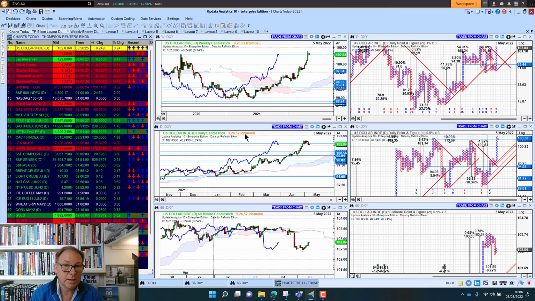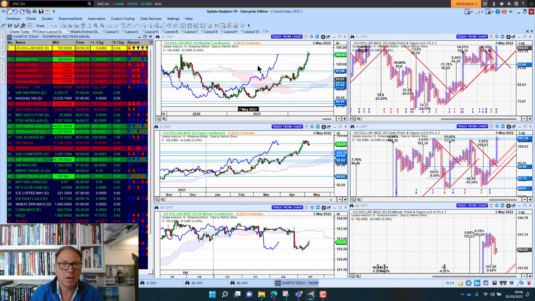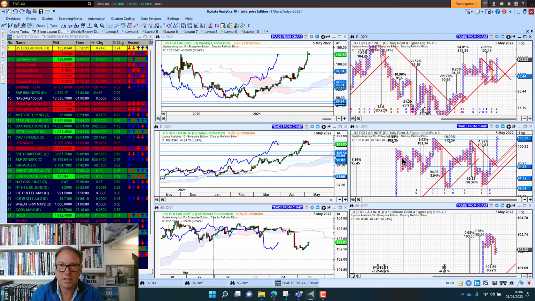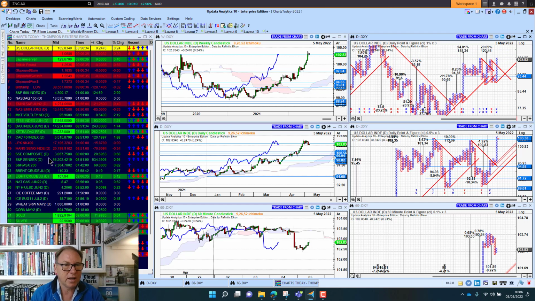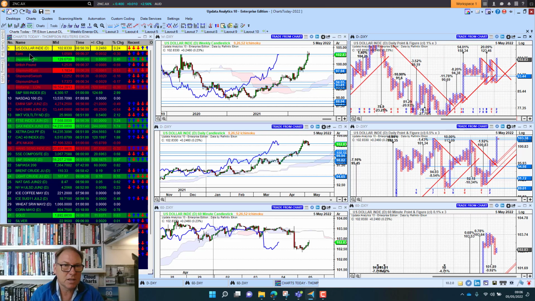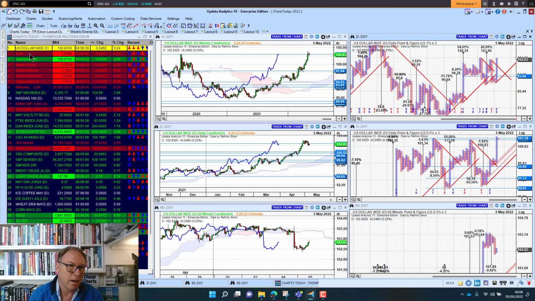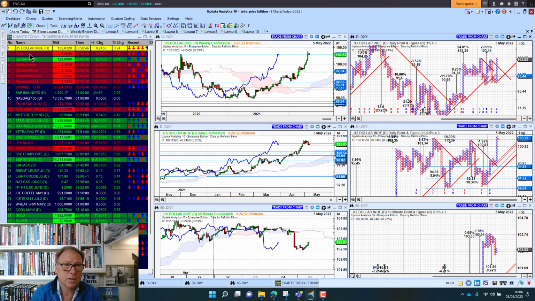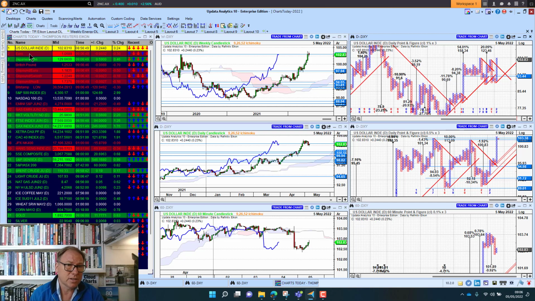Remembering this is my weekly, my daily, and my 60-minute, my long-term, medium-term, and short-term view of the market with the corresponding point and figure targets. And these tracker charts just track as I go through. I'm running here on Refinitiv Icon, but I could easily be running on Bloomberg, and we're up to 30 different data sources and Updata that you can run into your system, so it's agnostic as to where the data is